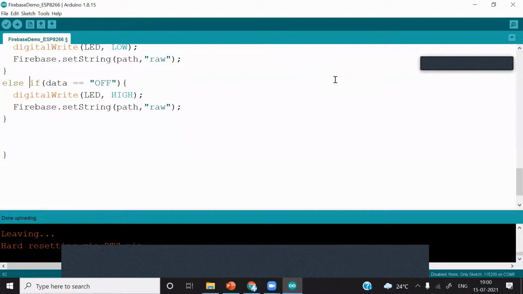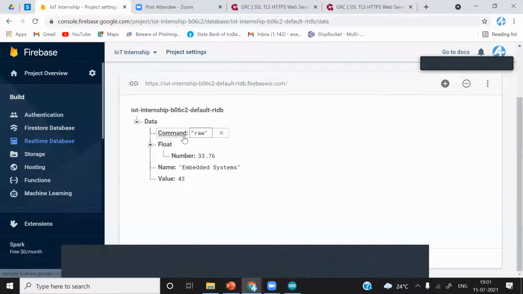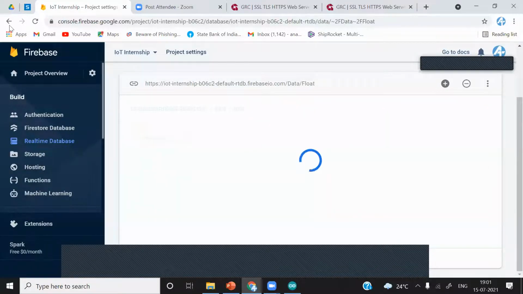Now you can see that this LED is already in the high state. You can see that the raw data has appeared here. For the time being, I will just delete this.